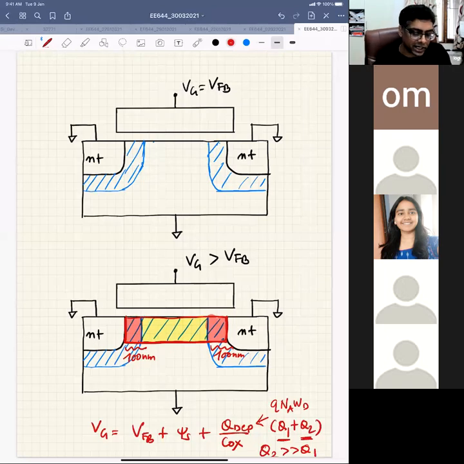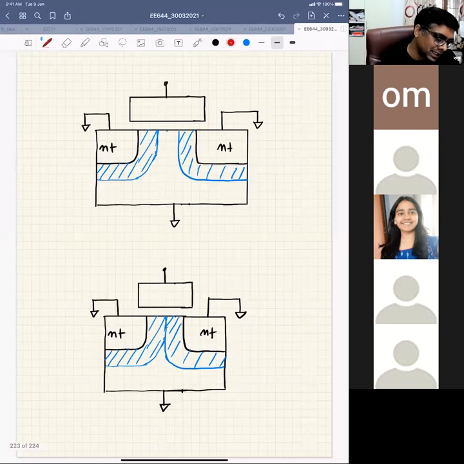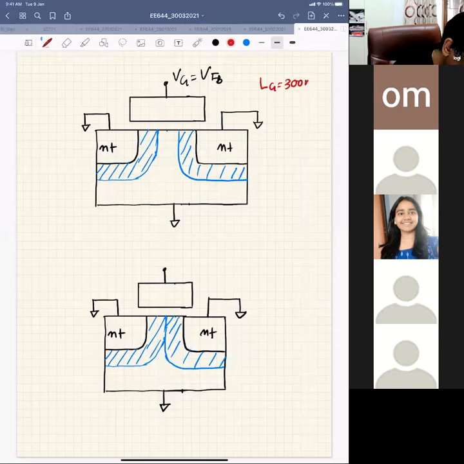When you reduce the gate length, what will happen? In this case, you see here, this is again Vg equal to VFB, but I have shortened the gate length. Let's say the gate length is 300 nanometers. Even if I am applying Vg equal to VFB, that means I'm not applying any gate voltage,